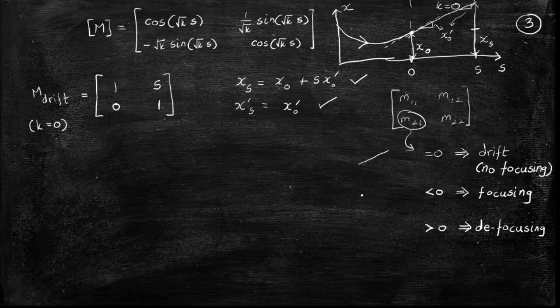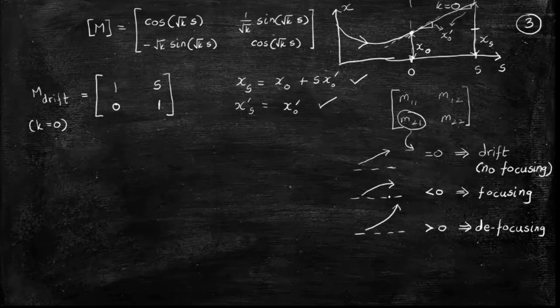If you have a negative value, you get focusing like this. It will gradually bend towards the nominal. And defocusing behavior means it is diverging away from the nominal trajectory. In all cases, the nominal is horizontal over here. I hope these 3 figures serve to clarify this logic. At least I hope they do.